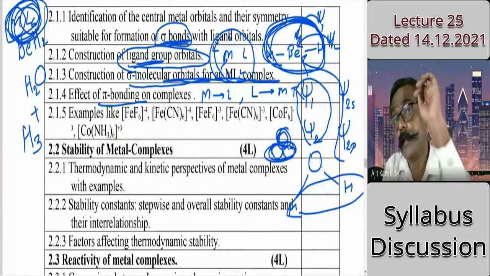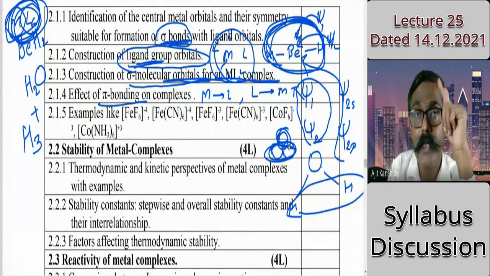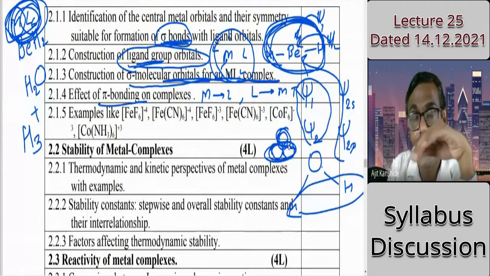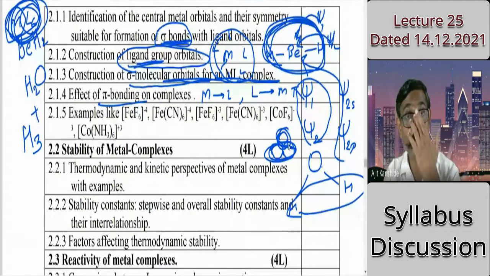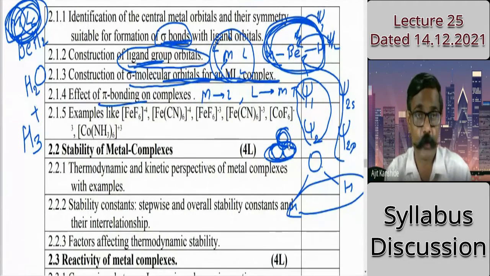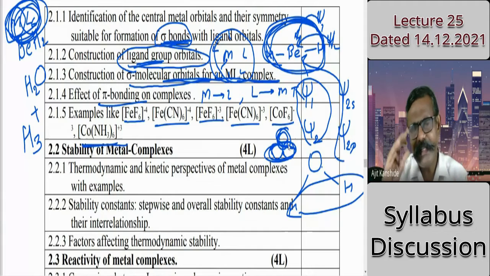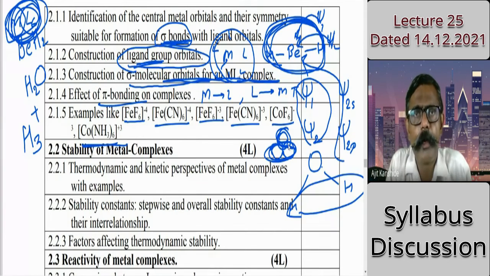But before that, the crystal field splitting parameter, and which energy levels are involved in that splitting, should be clear to you. Then you will understand this portion. And then a few examples are there to construct the MO diagram. Only one type of MO diagram is there, with little changes depending upon whether the field is strong or weak, depending upon ligand strength.